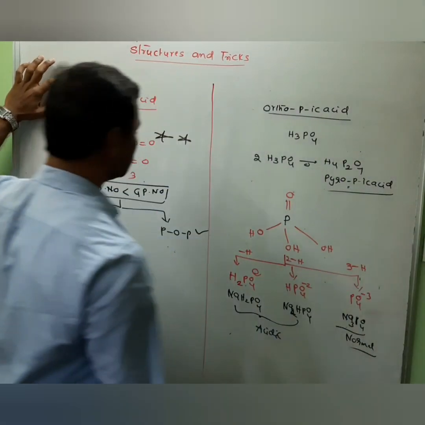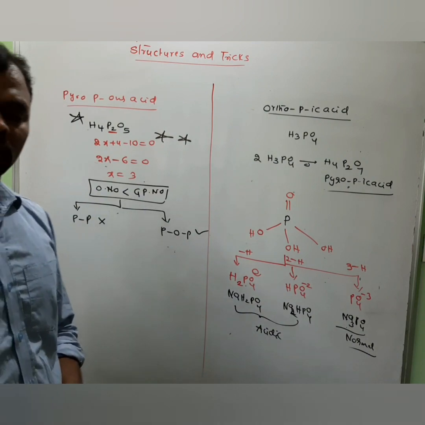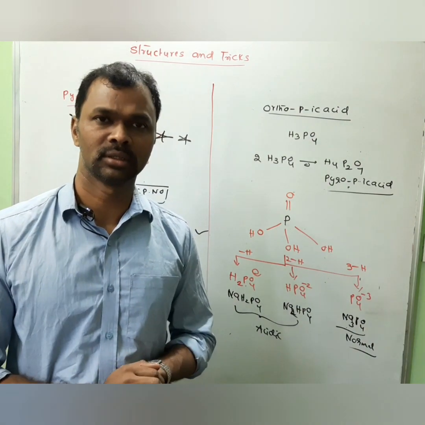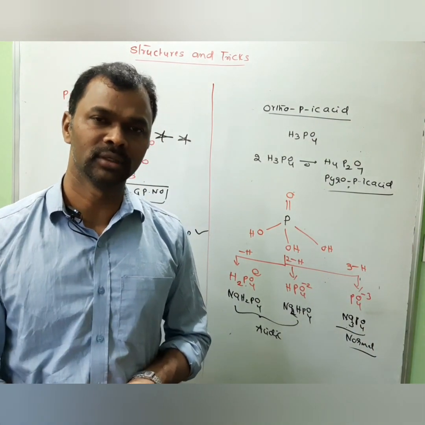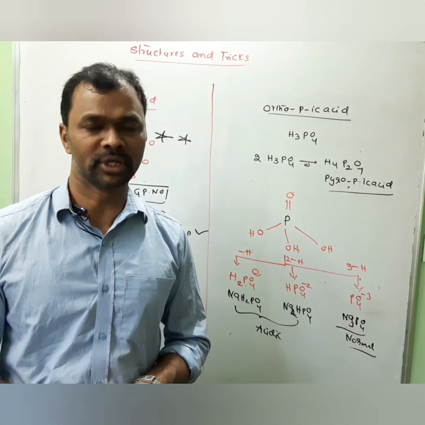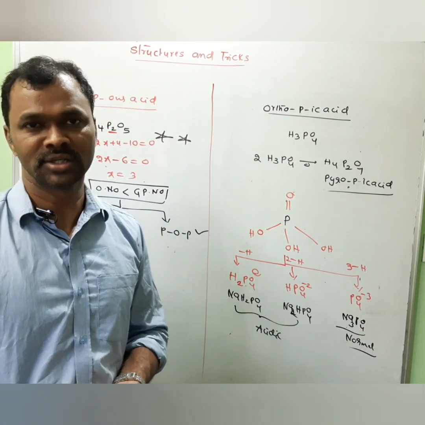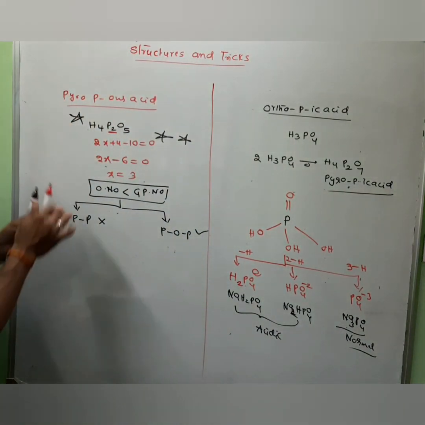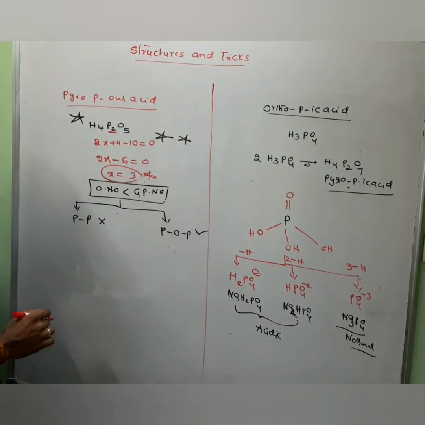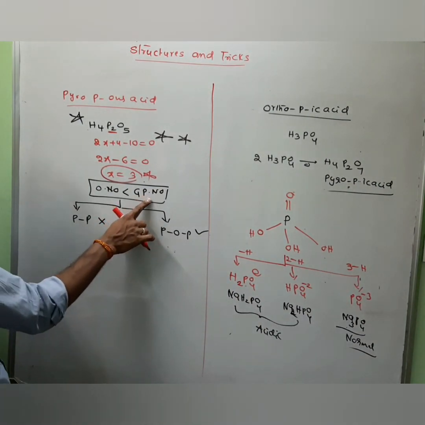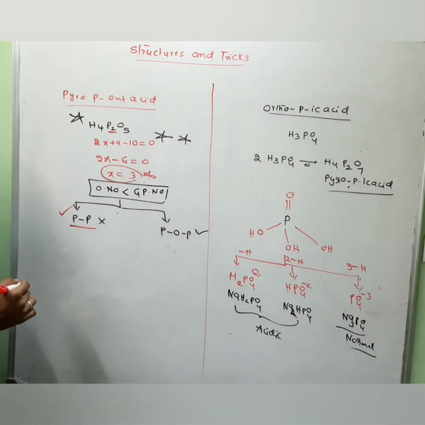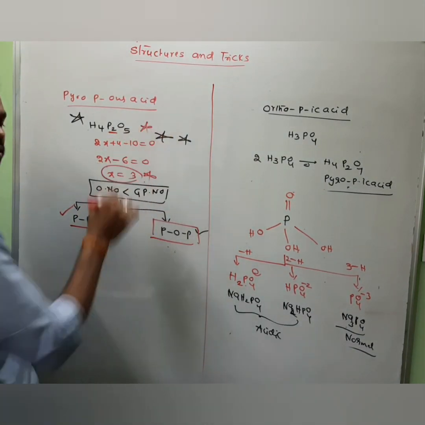So the next one is pyrophosphorous acid. The shortcut I told is, if oxidation number equals group number, then we will generally have an X-O-X bond. If it is greater than that, peroxy linkage. Less than that, we generally have an X-X bond, here P-P. Now concentrate on H4P2O5. In H4P2O5, the oxidation number is 3, which means group number is greater than oxidation number. Oxidation number is less, so it should contain a P-P bond. But it contains a P-O-P bond. This is an exception to that shortcut.